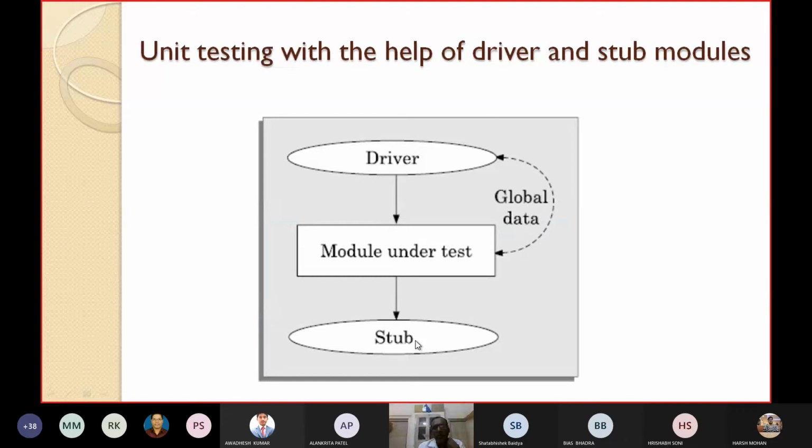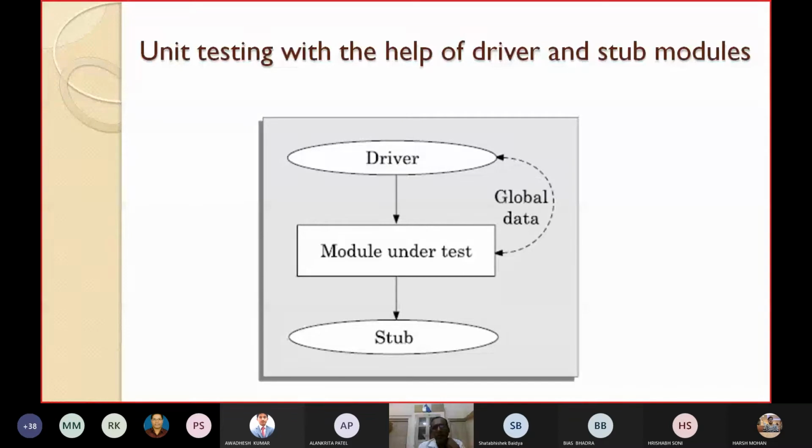So unit testing can be performed with the help of driver and stub modules if the called modules and the calling modules are not ready. This is the relationship between the driver, stub and the module under test. I will discuss more on driver and stub along with some examples after a few slides.